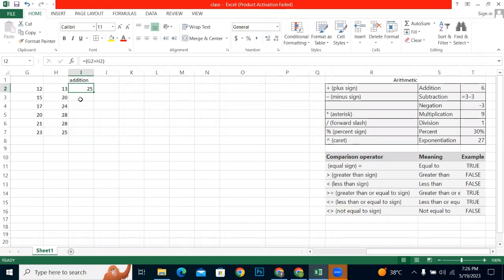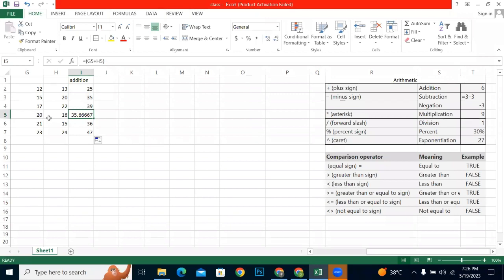If you have a formula, it's going to fill the formula down for you. If you have a number, it's going to just copy that number and bring it down for you. But if you have a formula, it's going to fill that formula down. So because I have a formula now, if I come here and I drag this down, you see, it's giving me